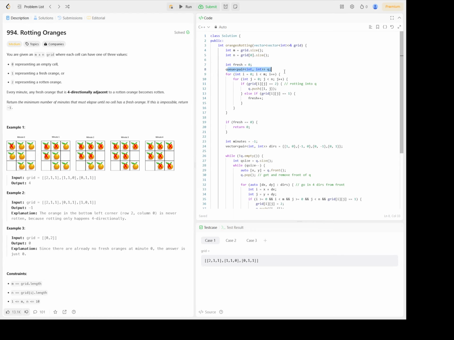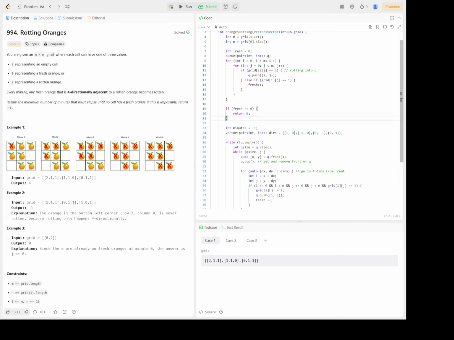First, putting the queue and counting the number of fresh oranges and putting the rotting ones into the queue. Then it checks if there are any fresh oranges. If not, then it can simply return 0. Otherwise,